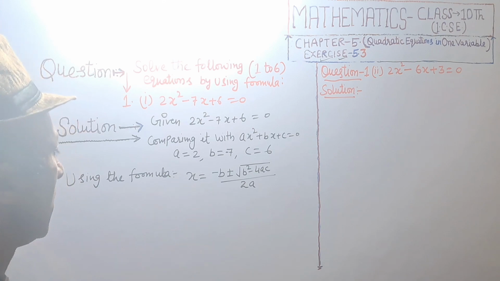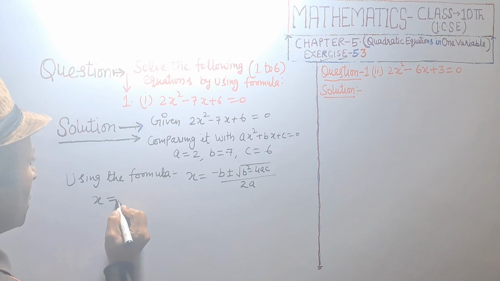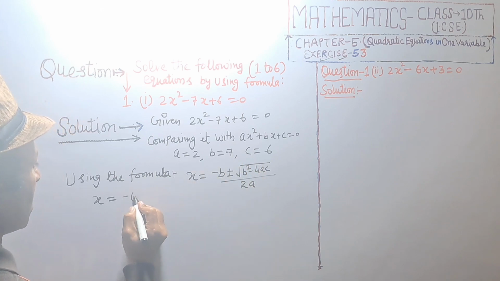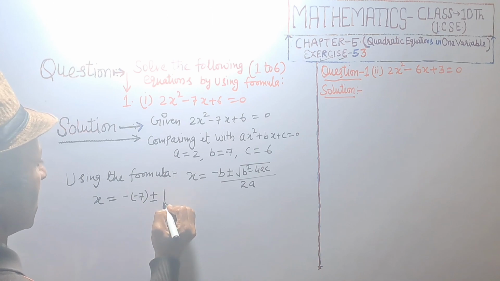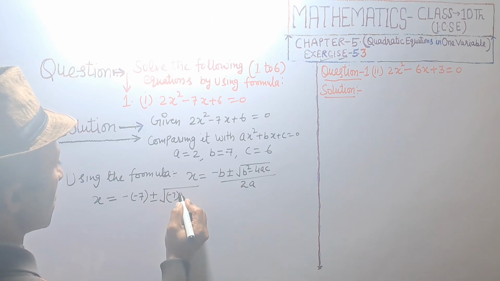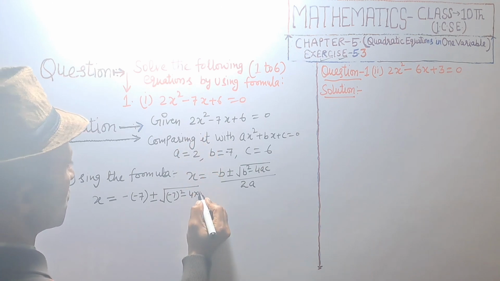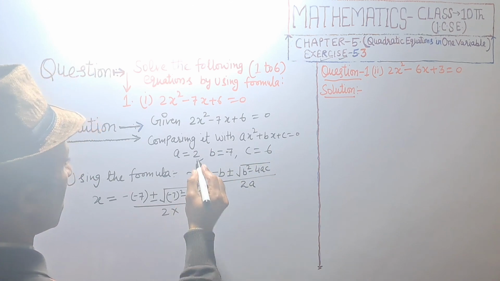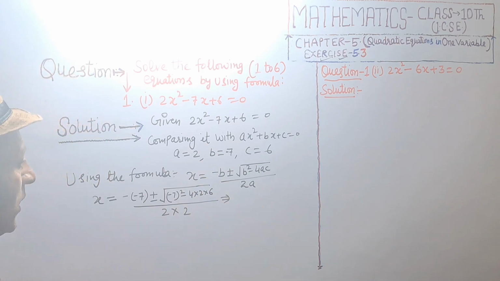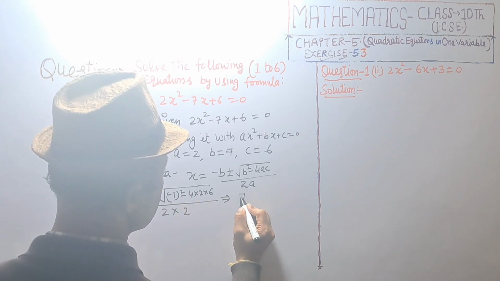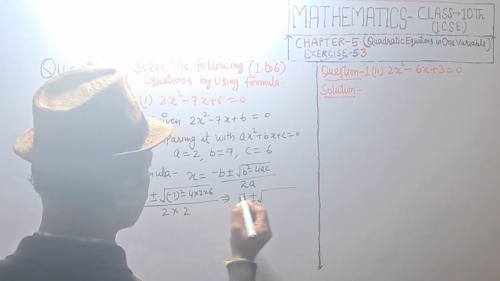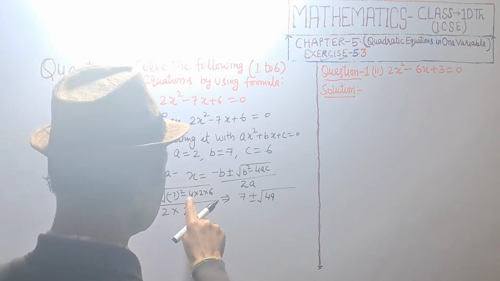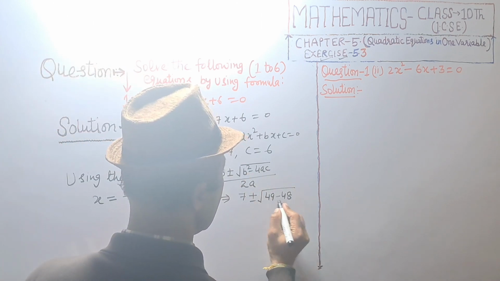We are using this formula. x is equal to minus the value of b, that is minus 7, plus minus under root of b square, means 7 square, minus 4 into a is 2 into c is 6, divided by 2 into a is 2, which implies minus minus, that will be positive 7 plus minus under root of 7 square is equal to 49, and 6 twos are 12, 12 fours are 48, that is minus 48, divided by